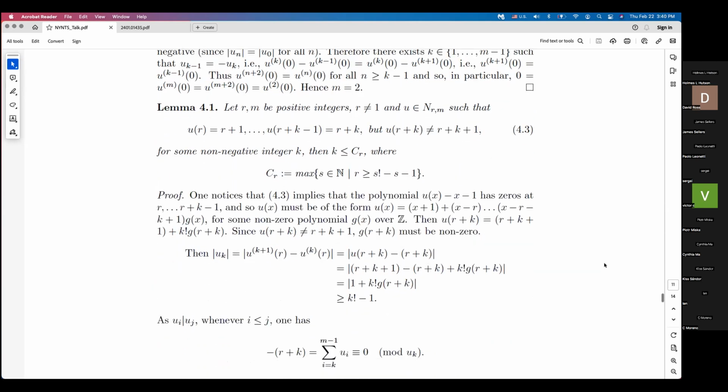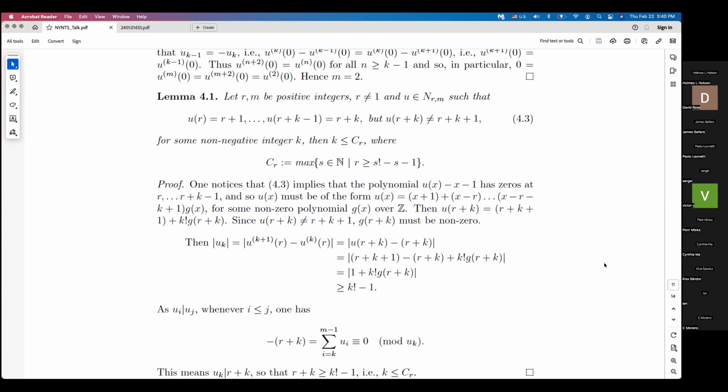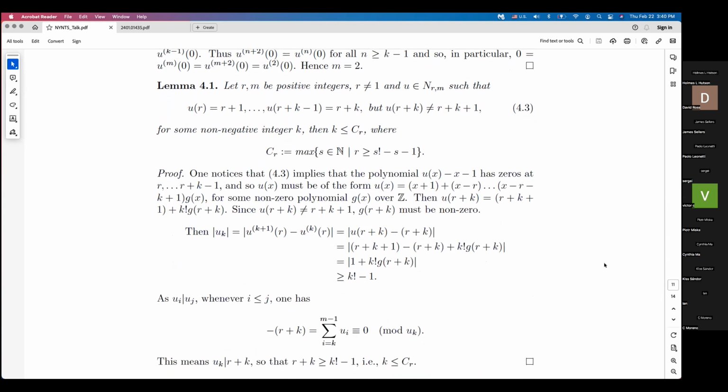Another thing that we used was this idea that this is an observation by Professor Borisov. What he observed was this: if you have some nilpotent polynomial u, we understand the case r equals 1, so I'm just ignoring that. And also I'm taking r to be positive because the case of minus 1 can be understood similarly.